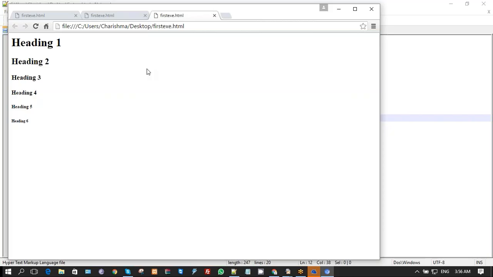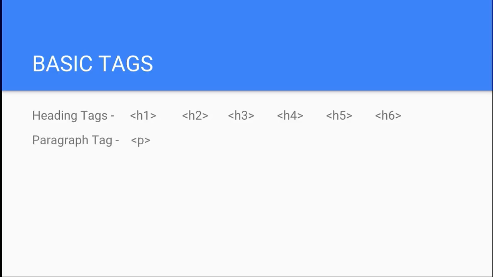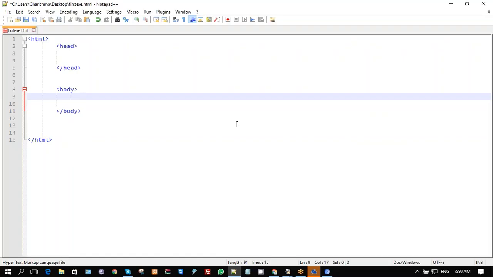So the next tag is a paragraph tag. Let us try the paragraph tag. To write the paragraph, the process is the same. The tag is P. So we open the P tag,